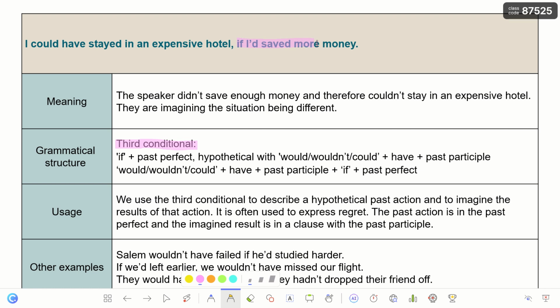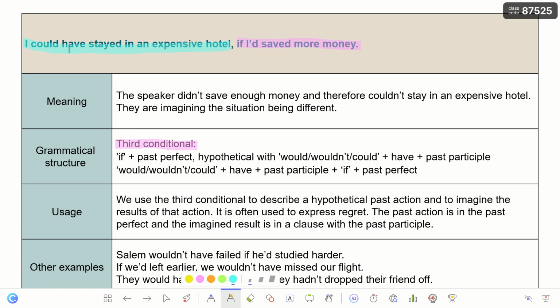الجملة الشرطية اللي عندي إياها هون، هذا الشرط: if I had saved more money. هل أنا وفرت فعلا مصاري فلوس؟ Actually no. If I had saved more money, it means that I didn't save money. But I'm saying if I had saved money, شو كانت النتيجة لو أنا وفرت فلوس أكتر؟ I could have stayed in an expensive hotel. بس الحقيقة إني أنا لا وفرت فلوس زيادة، عشان هيك لهذا السبب لم أستطع أن أقيم